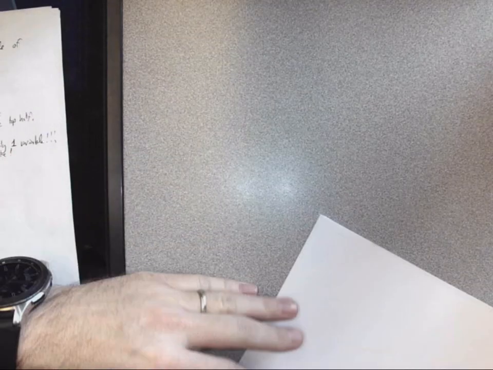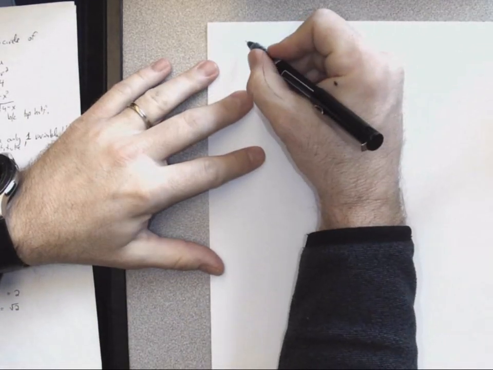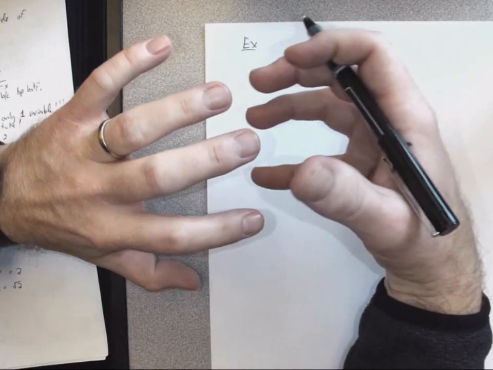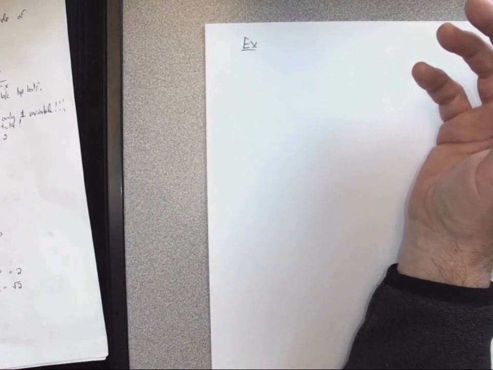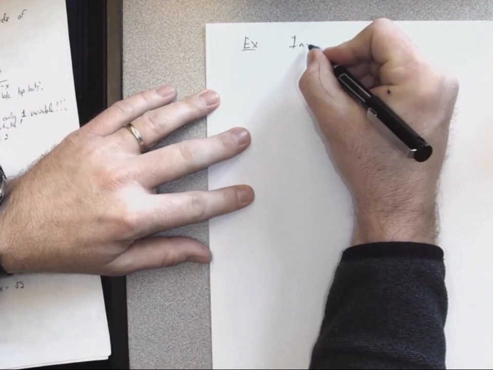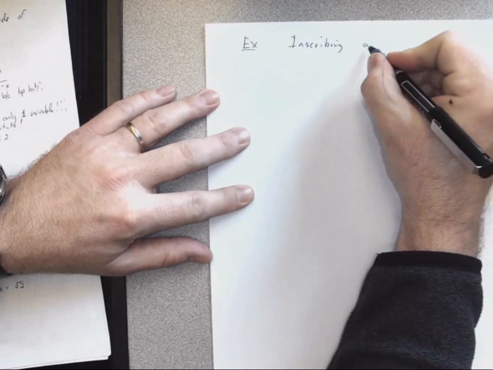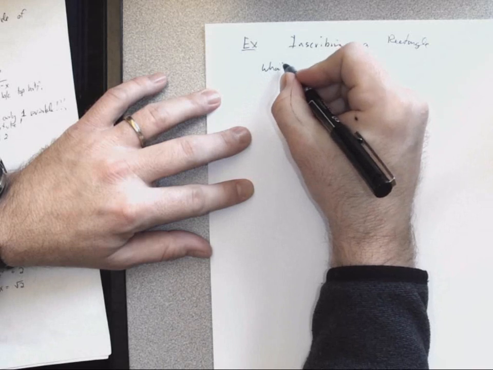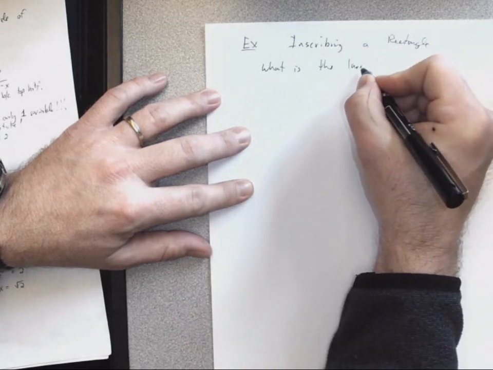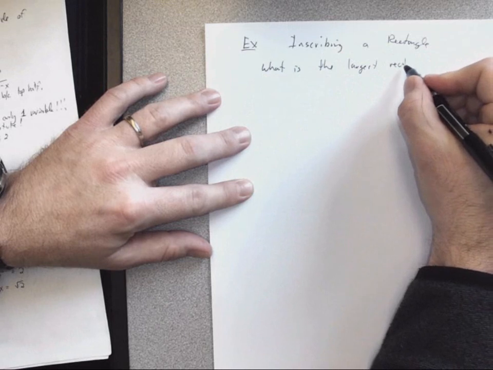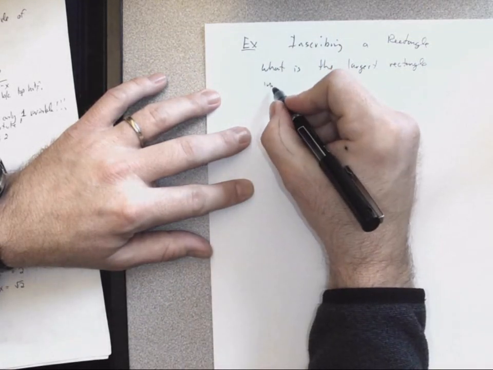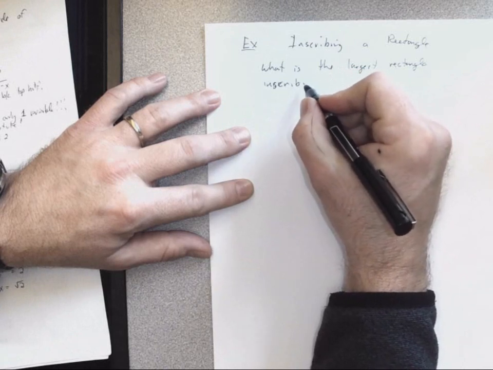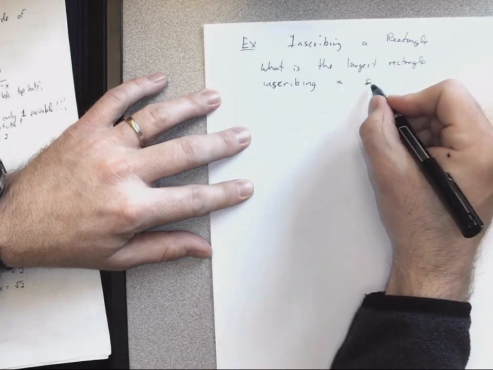So now just some work with functions. This is to practice marrying multiple functions together to find their derivative. So, inscribing a rectangle. What is the largest rectangle inscribing a semicircle